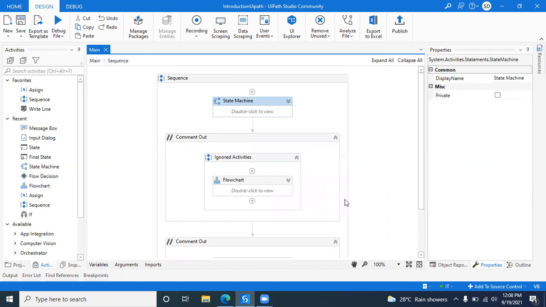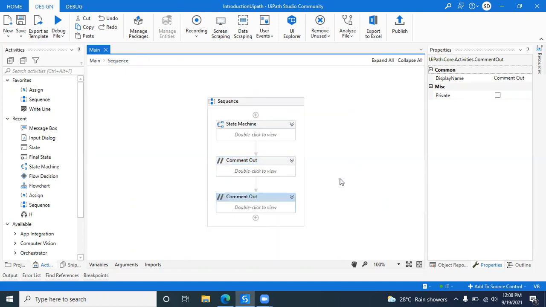Any doubts? Sir, you are commenting those sections. What does that mean? These are the older ones, don't consider them. Why did I comment? Because I don't want to go to these blocks. We are just concentrating on state machine only.